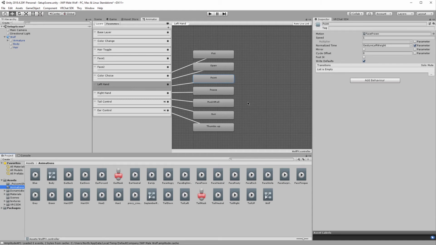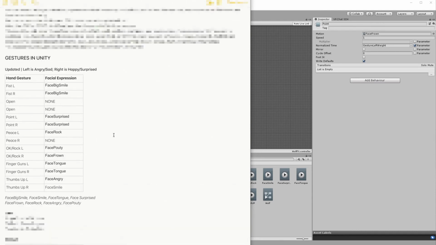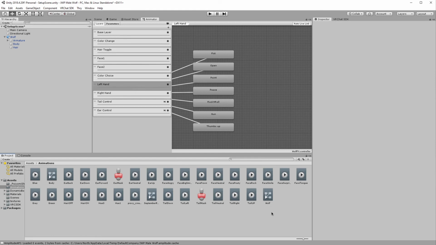You don't need to get as organized as I did, but I actually made a whole chart of what all the default expressions were for this particular model. Then I also made a table that goes through what hand gestures I wanted to trigger what expressions for my particular model. So once you have an idea of what you want on what gesture, you can go ahead